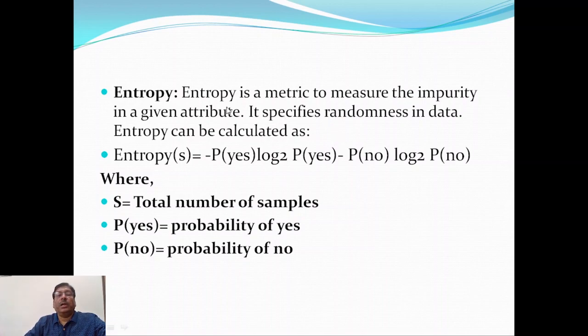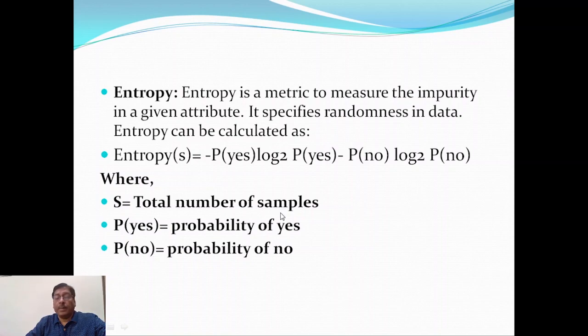Similarly, here when you calculate entropy, it specifies the randomness in data, which can be calculated as minus proportion of positive instances log 2 proportion of positive instances minus proportion of negative instances log 2 proportion of negative instances, and so on, where S over here is